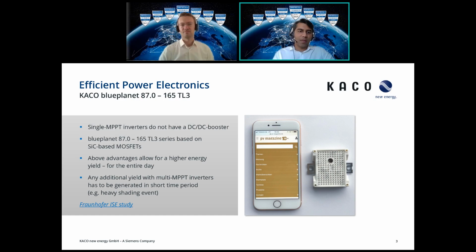And these silicon carbide-based MOSFETs offer much higher efficiency levels, not just the peak efficiency, but the Euro and CEC efficiencies are quite stable, flat throughout the power output ranges, which gives an advantage over a full day. Overall, during the day, you will have higher efficiency levels due to these two factors, compared to momentary mismatch